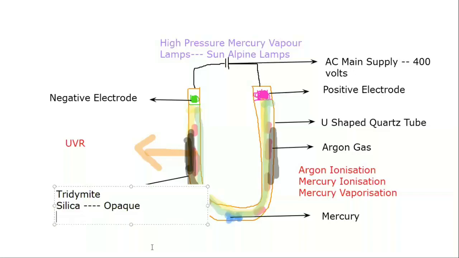तो कब हमको इसको रिप्लेस करना पड़ेगा? After 1000 hours of use. So the tridymite formation, certain amount of quartz changes to another form of silica called tridymite because of very high temperature in the burner. It is harmful to the total output of ultraviolets as it is opaque. Yes, and thus with subsequent use, जैसे जैसे आप UVR यूज करते जाओगे वैसे वैसे सिलिका का लेयर बढ़ता जाएगा and that layer will increase the opacity, and that is why we are supposed to replace the burner by 1000 hours